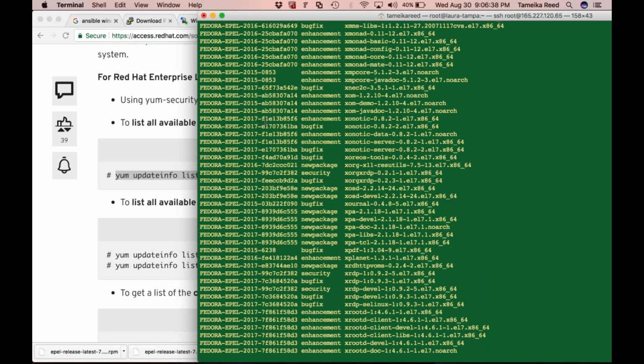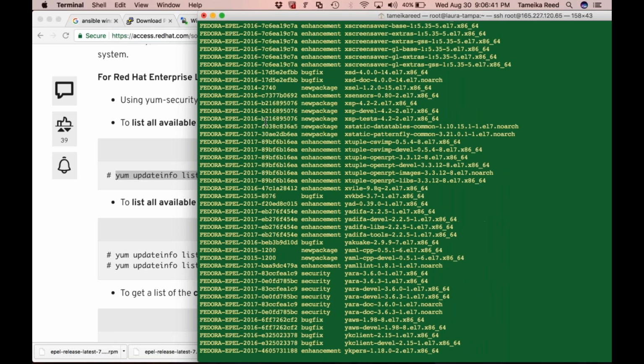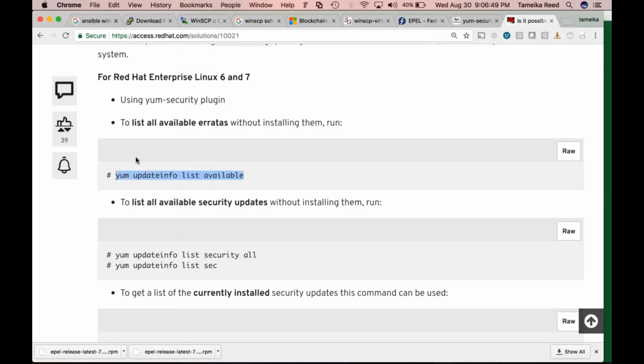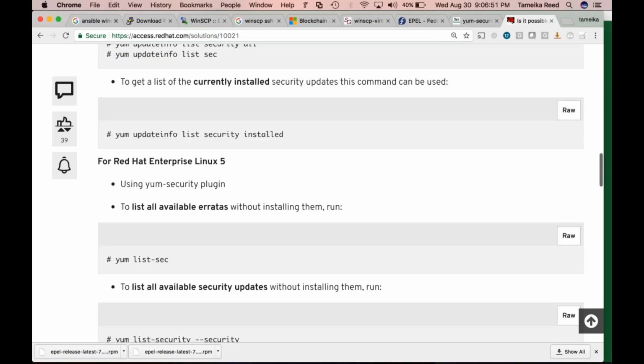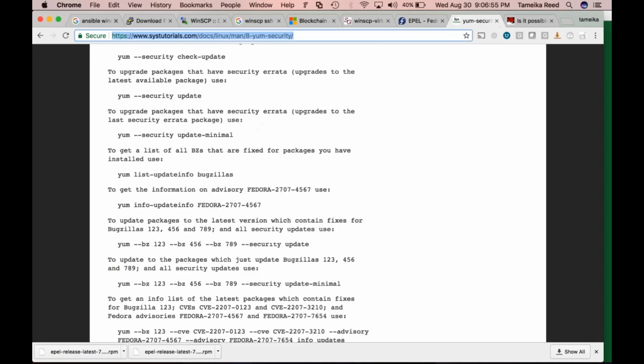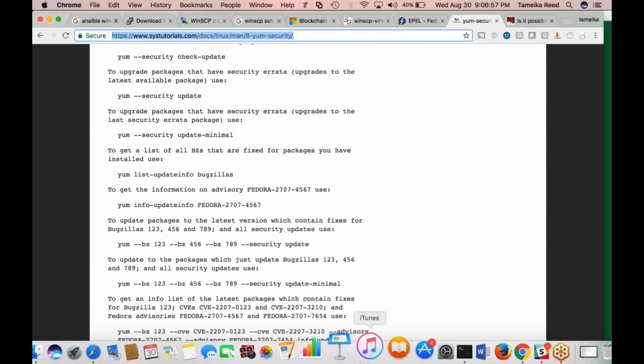Let's say on the security one, let's go grab a security one. Where's one at? Right here. So for Yara, I have no idea what Yara does, but here we can get,